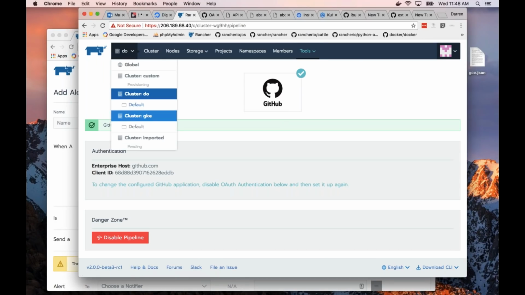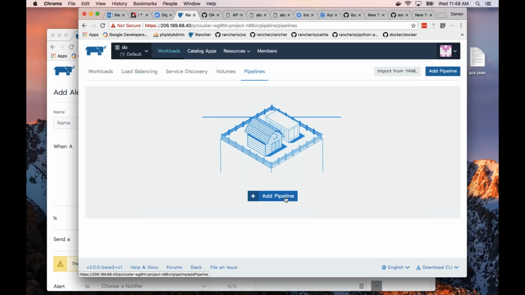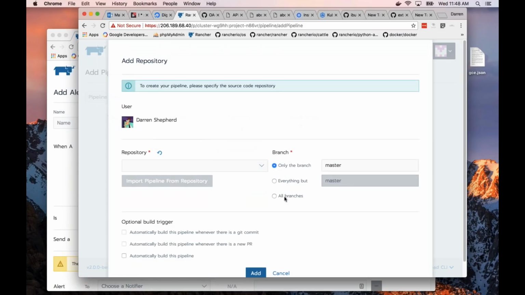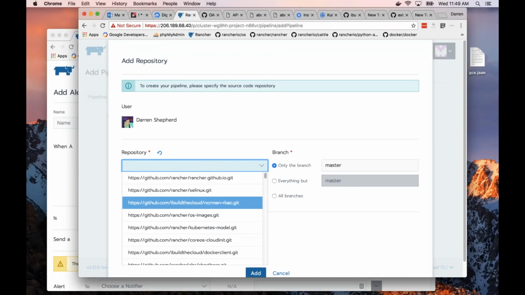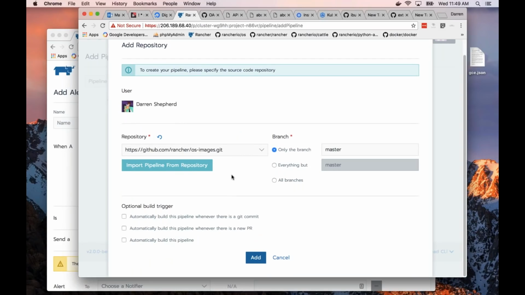the pipeline feature. The idea of the pipeline feature is that a lot of people's CI/CD requirements are actually quite simple. There's a GitHub trigger, they run some scripts, they run some Docker build steps, push an image, and then run a deployment. We wanted to cover these basic use cases, so we've put in support for this. The pipeline stuff is a bit of a work in progress. There are some missing steps